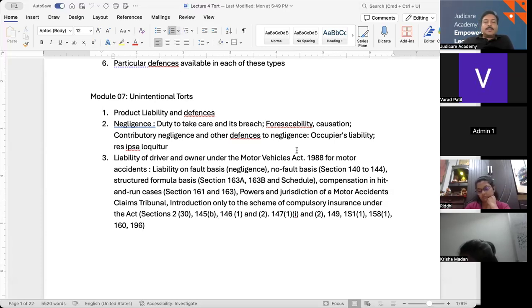Another thing is duty of care and its breach also. So breach of duty, what happens? Failing to uphold the standard of care expected in a situation is breach of duty. So you are not putting the duty up to the level or the standard that is expected. You are doing it, but not up to the mark. Then it is a breach of duty which you have committed.